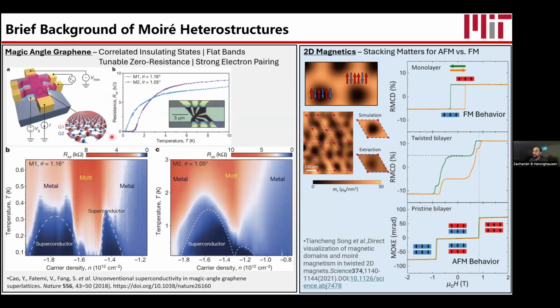Actually, you can still find the APS, American Physical Society talk on YouTube by Professor Pablo Jarillo-Herrero. And it's like a standing room only, packed room, and they did display it in other places in the conference room. But it's sort of simple. They took two graphene sheets. I mean, it wasn't simple at the time. It's still not simple, but conceptually, it's two graphene sheets twisted to a magic angle, roughly 1.1 degrees, and you then can get superconducting activity, and you can even gate it. So you change your carrier density and go from Mott insulator back to superconductor. And this is a stunning result, right? So you can stack these 2D materials, and now you can get superconductivity out.